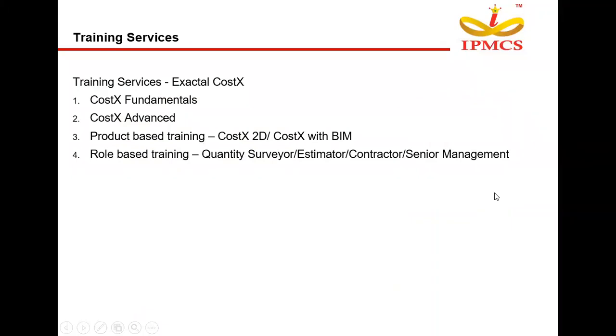So we are offering training services for Costex. Training services which include Costex fundamentals, where quantity takeoff from a 2D drawing and estimation for a 2D drawing will be involved.